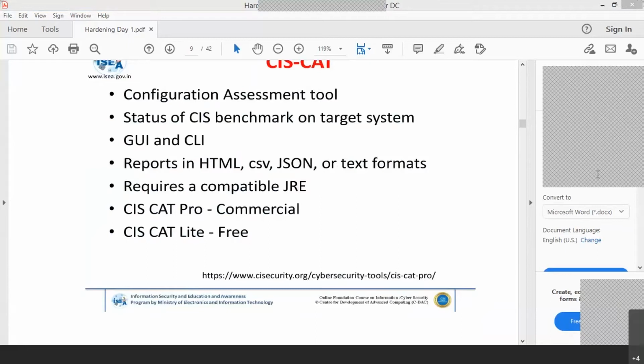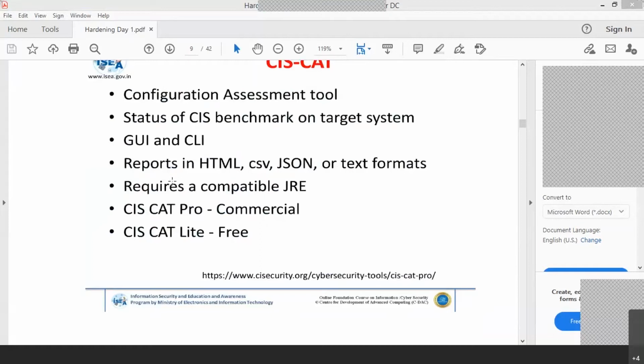This is our tool, which you download on your Windows 10 machine. The prerequisite is that you should have the JRE. It has both options: one is the GUI and another is the CLI mode. The reports will be saved in HTML, CSV and JSON formats, or also in text format.